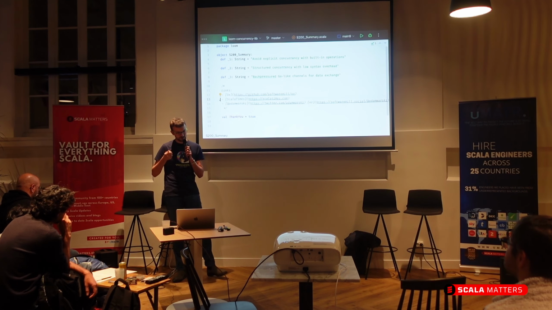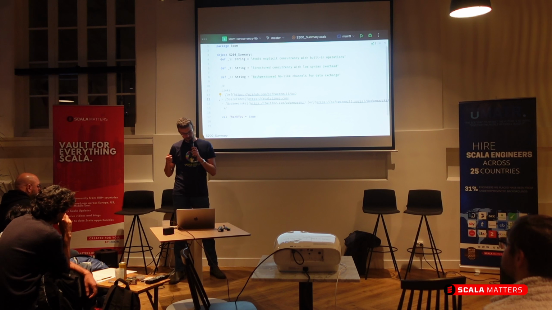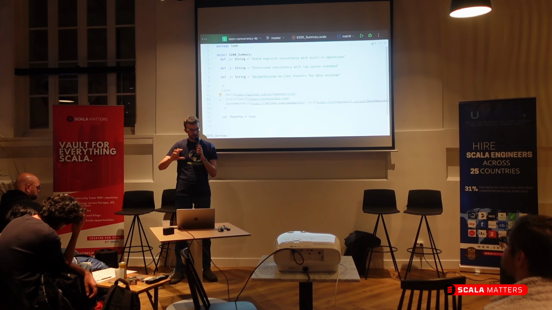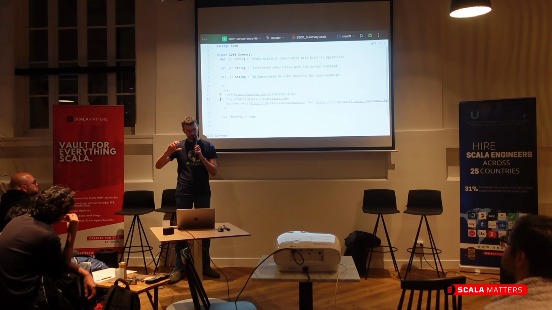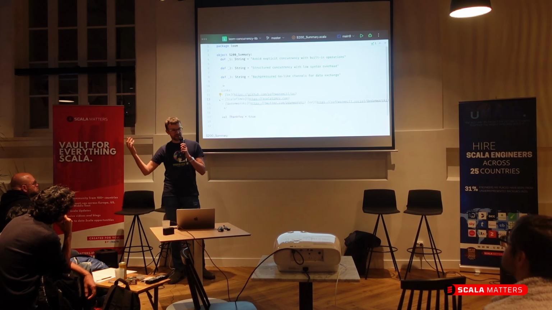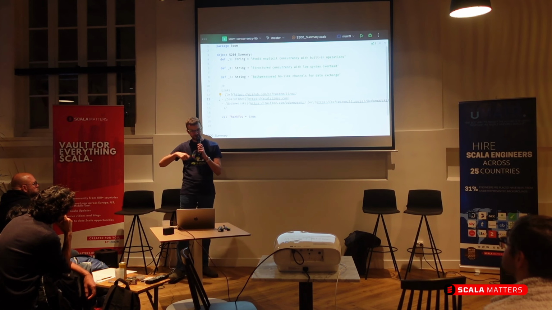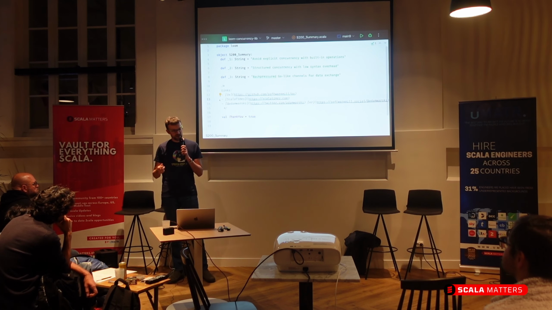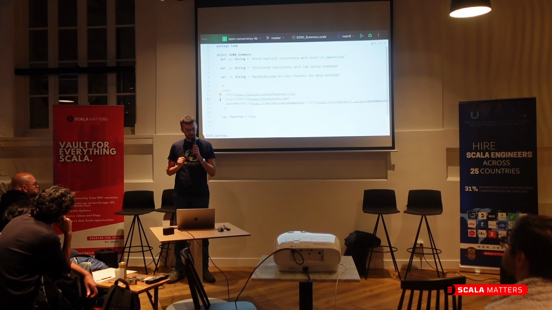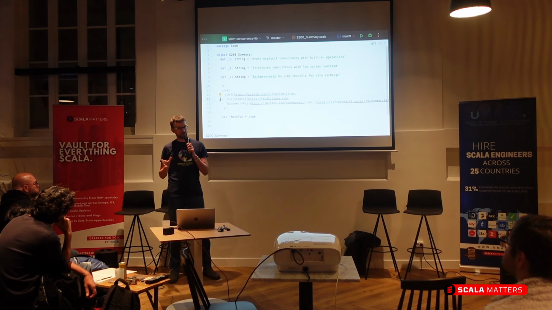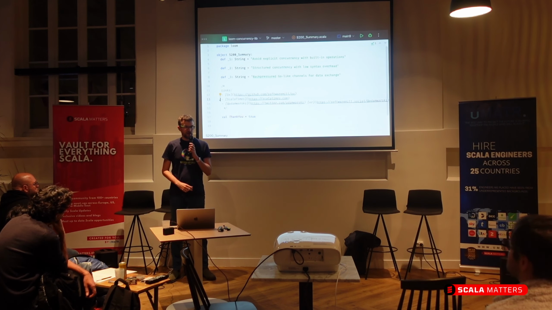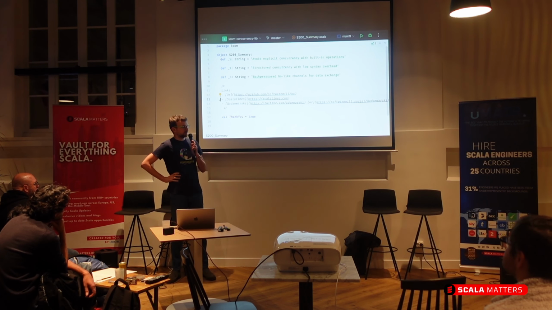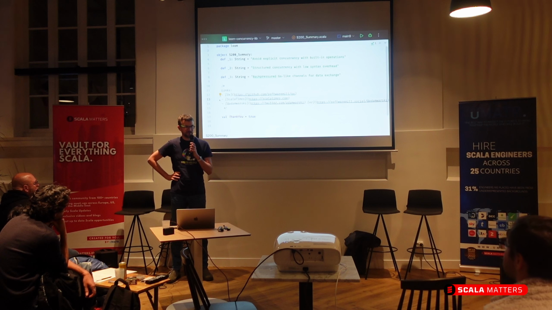Kotlin has it a bit easier because, in the end, they compile down to something like what CatsEffect does, meaning that you don't really have any stack which you have to save and then restore. But the functions return to the main loop, and then you can invoke the next one. So they have a little bit less overhead, but still Loom is quite performant and very, very close to coroutines, at least in these tests that I did, which were quite a few. So yeah, I guess that's as far as I got.